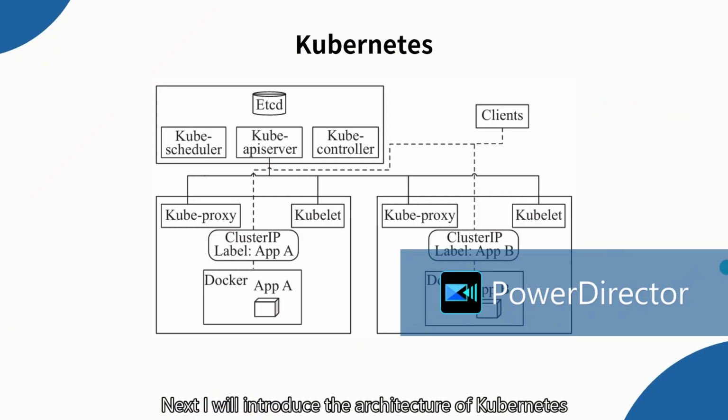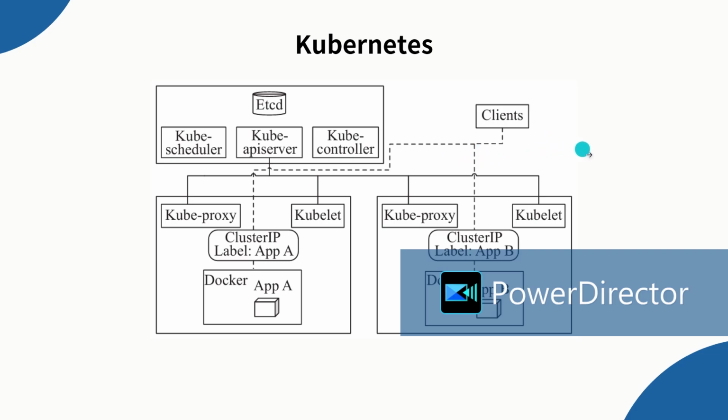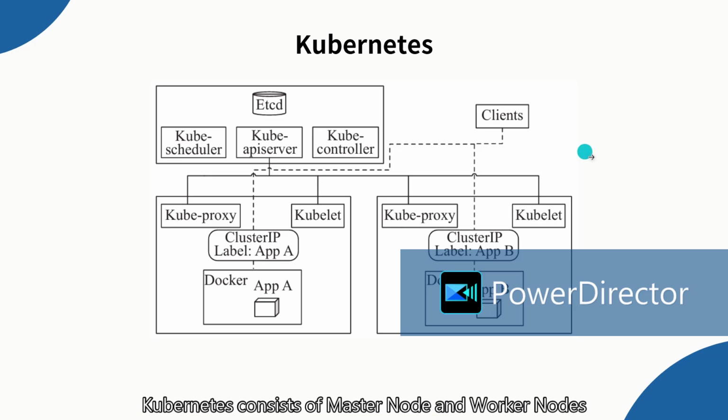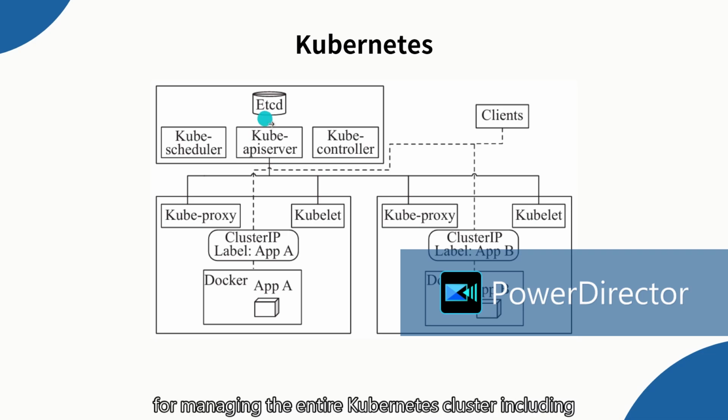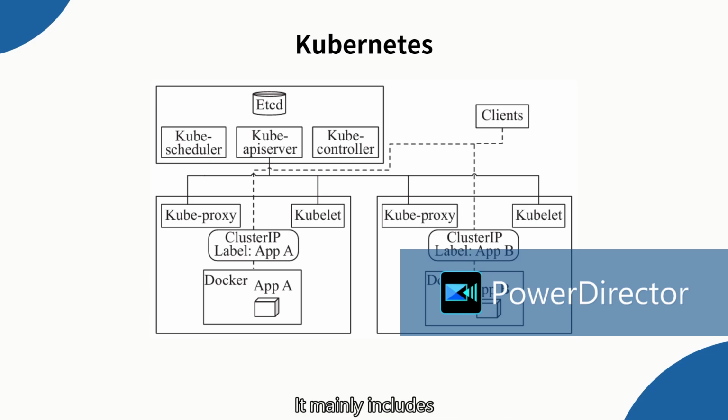Next, I will introduce the architecture of Kubernetes. Kubernetes consists of master node and worker nodes. The master node is responsible for managing the entire Kubernetes cluster, including scheduling, monitoring, and resource management. It mainly includes etcd, which is a distributed key value data store used to save the configuration information and state data of the cluster. Kube scheduler, which is responsible for assigning pods to appropriate worker nodes based on scheduling policies